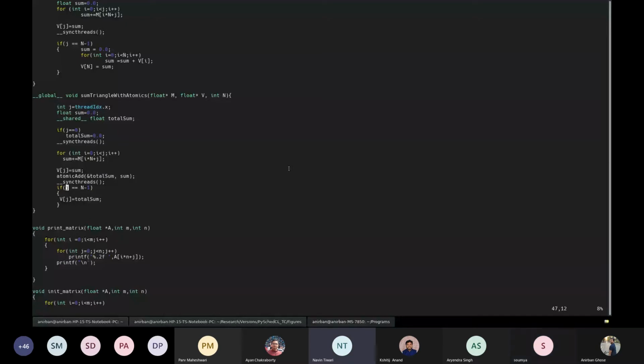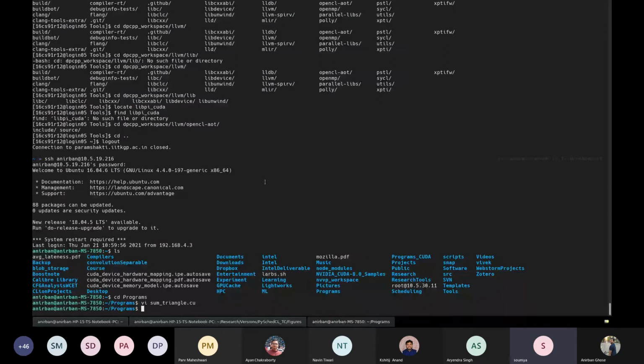Sir, can you please explain this atomic add in a little detail? I mean, how is it different from a simple addition? Okay, so basically, suppose you just had one instruction to do the addition there. Now, what will happen? A normal addition that everybody will go through, right? But first of all, do you understand the atomicity part?